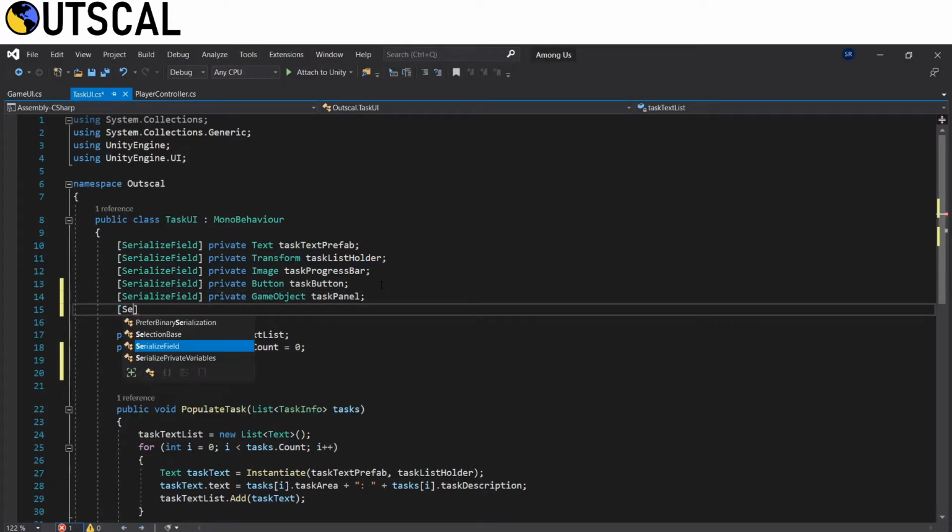So we need a private game object variable, and we will call it task panel and make it a serialized field. Then a serialized field private text variable and call it task panel title text.